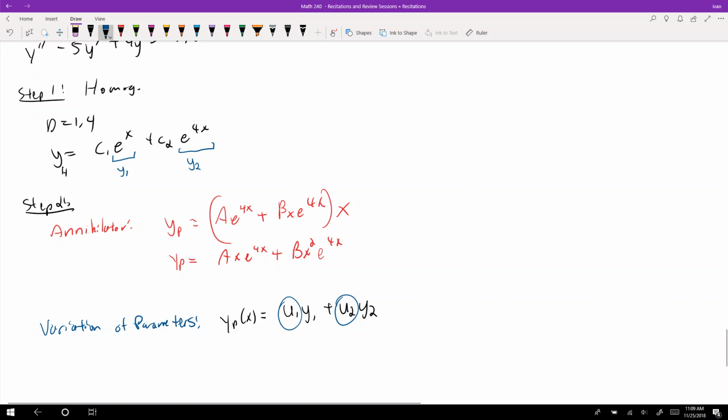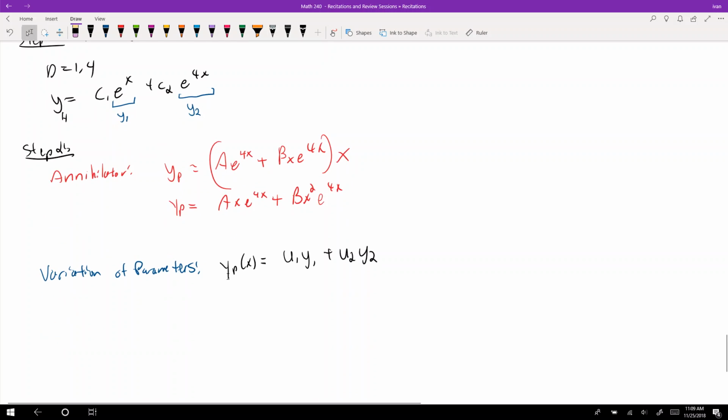And so to find u1 and u2, so step 3 is to find u1 and u2. This is where it differs from what we've been doing so far. But to find u1 and u2, we're going to turn to